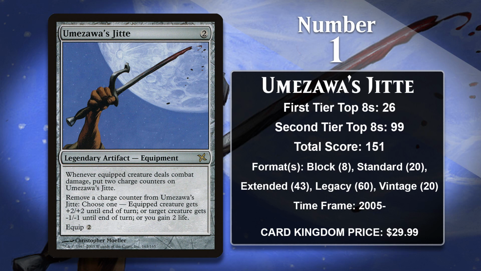And at number 1, it is Umezawa's Jitte. This probably was really obvious to you, provided you knew that the Jitte was from this set in particular. This is, arguably, the best equipment ever printed. The Jitte gains charge counters when the creature it's equipped to does damage,